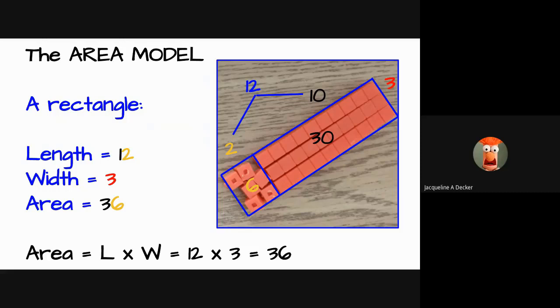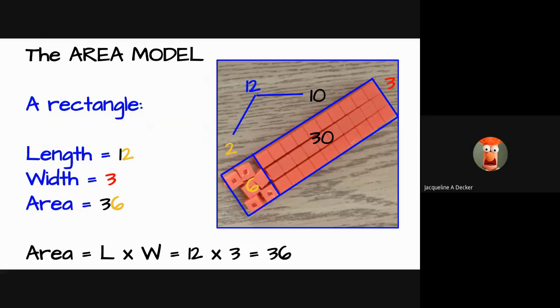Okay, so when we are starting to build from groups of to arrays to the area model, we want to stay with concrete materials for a long time. We want students to be building. If we have ELL learners or learners with other exceptionalities, we know that moving those materials around can help them not only learn the multiplication facts, but actually communicate their thinking to us. And so they are a great tool in many different ways, and we don't want to leave the concrete yet. Students need to get really comfortable building lots of area models with lots of multiplication facts that are accessible to them. Once they start to say, okay, I got this, and we notice that they're very fluent building these models,